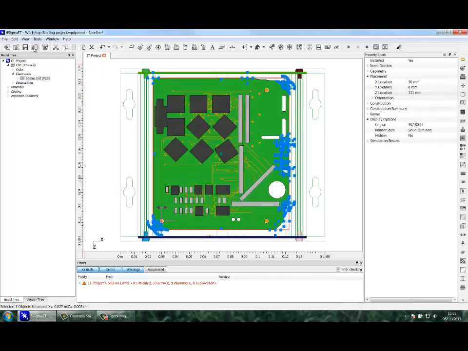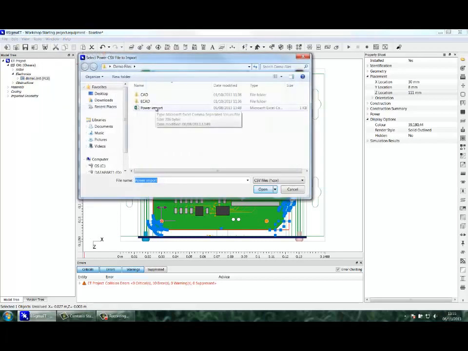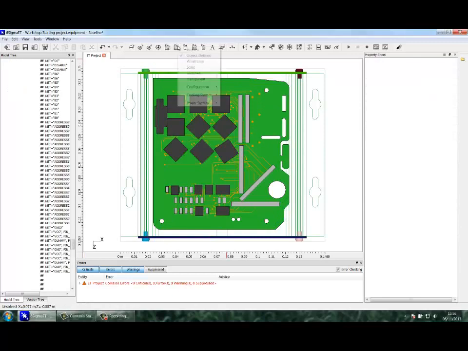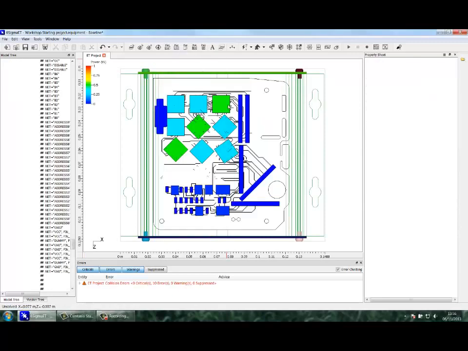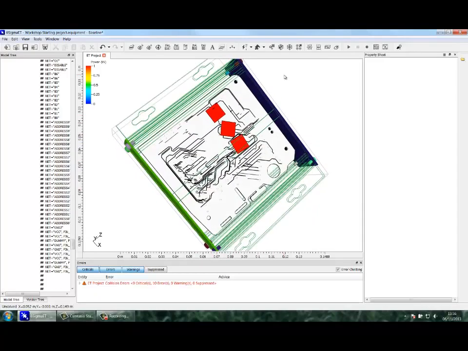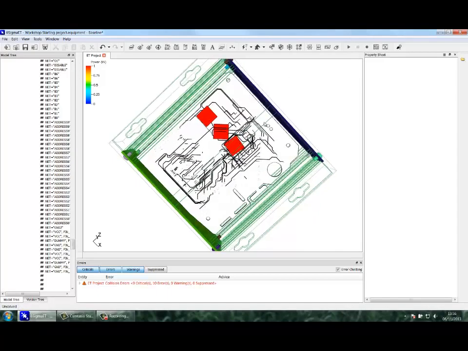The next stage is to set the power dissipation of each of the components on the PCB. The simplest way to do this is to import a list of component powers from a spreadsheet. The component powers are matched to each component. A pre-configured plot graphically shows the power dissipation of each of the components. There are 3 components on the top of the board with a high power dissipation, and 3 components on the